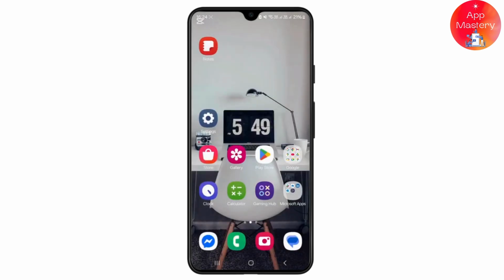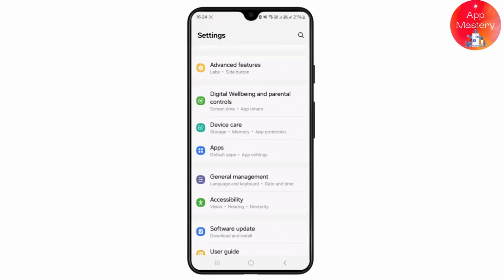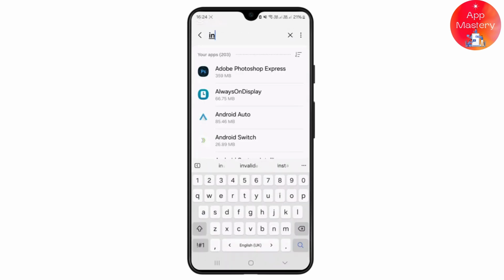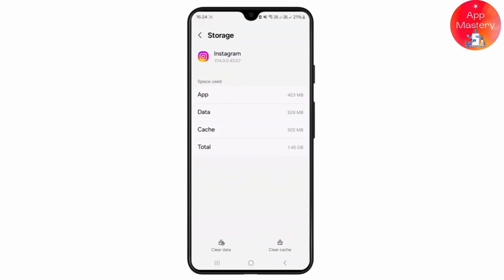So first thing what you can do is just head over to your settings, and once you're inside here, scroll down until you see the apps option. Just tap on this application option and search for Instagram, just like this. Once you're searching for Instagram, just click on it, and again scroll down and click on the storage option, and from here just click on the clear cache button over here. So once you clear all of your cache,